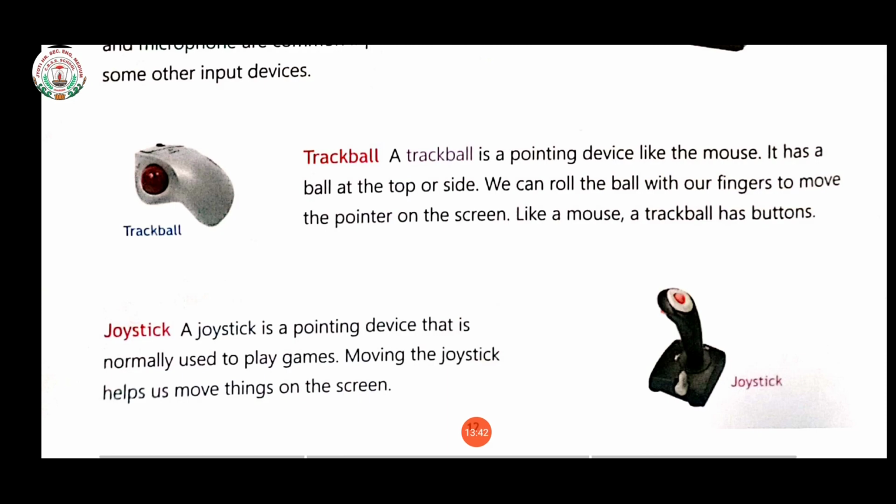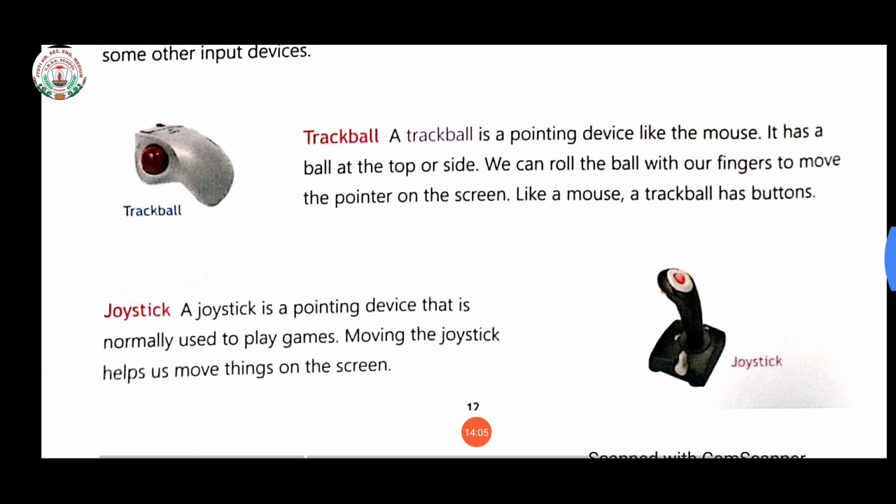So we know that mouse is used to position text, move, access and to control the graphics. Here in mouse, left click is there, right click is there and the scroll bar is there. That is used to move the page up and down.